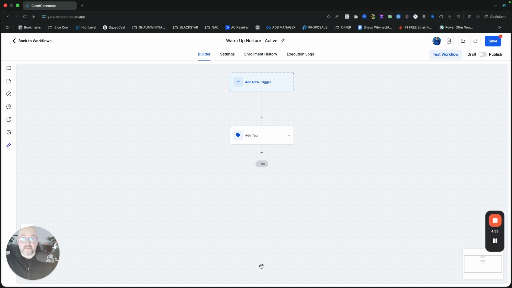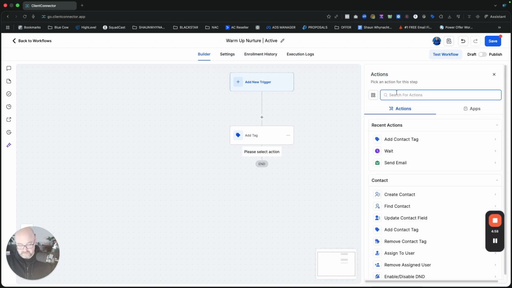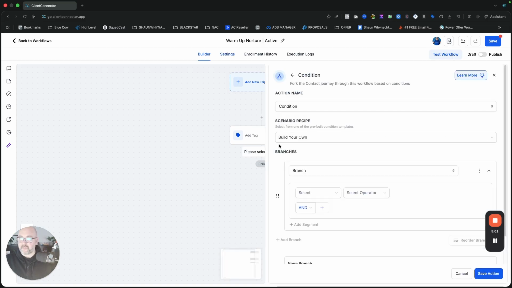We're going to actually have an if statement in here. And the reason for this is if somebody gets put in the sequence and they're already active in the sequence or anything like that, or they're in another sequence and they get put in here, we want to have that tag show up and say, no, sorry, you can't enter, just like a gatekeeper. So if you have, let's say, an indoctrination sequence or another nurture that's happening or a sales nurture that's happening, and they have that active in sequence tag and they get dropped into this warm-up, it's not going to move them forward. So what we want to say here is, and you can call this branch whatever you want,